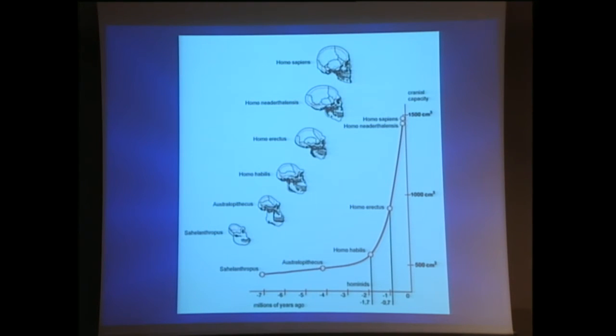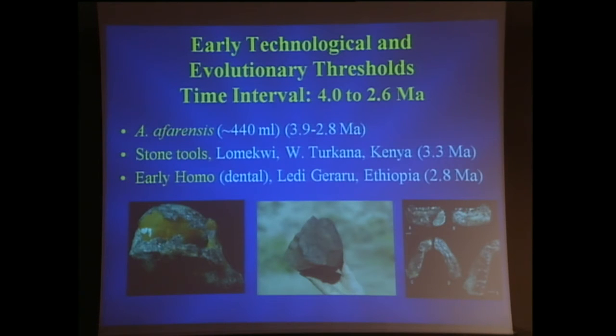And as we all know, in the last 4 million years, the human brain has essentially tripled in size. But if we look at the early prehistoric record, the time period 4.0 to about 2.6 million years ago, we have the form Australopithecus afarensis in this beautiful cranium that was discovered in the Hadar. We have early stone tools at 3.3, and we have a mandible at 2.8 that's being called early Homo based on dental grounds. Again, we don't know what the cranium is going to look like here.